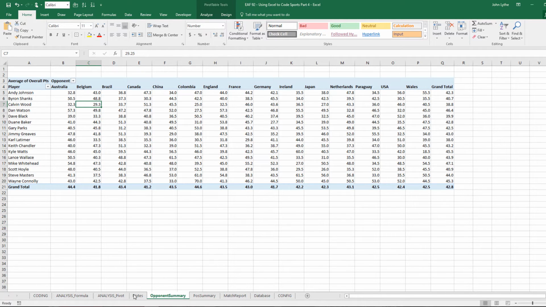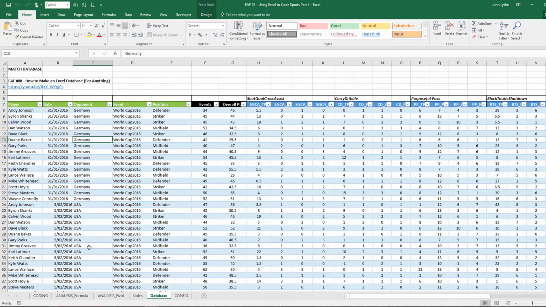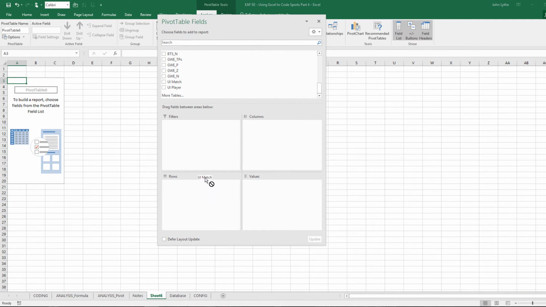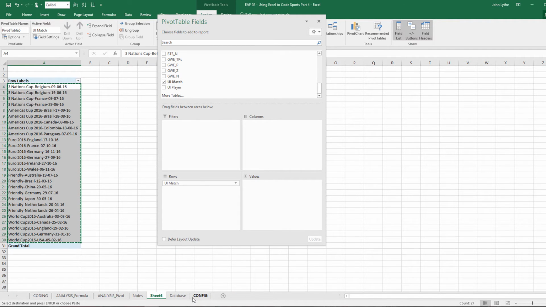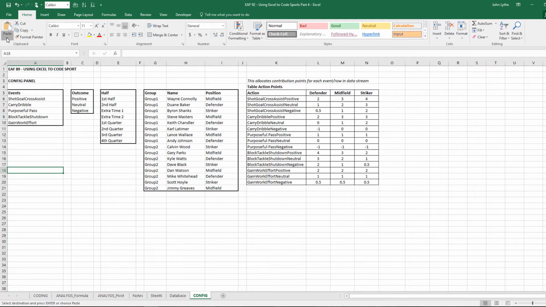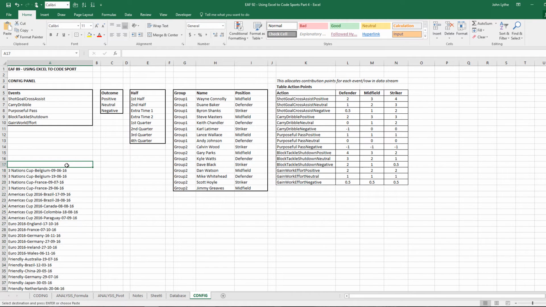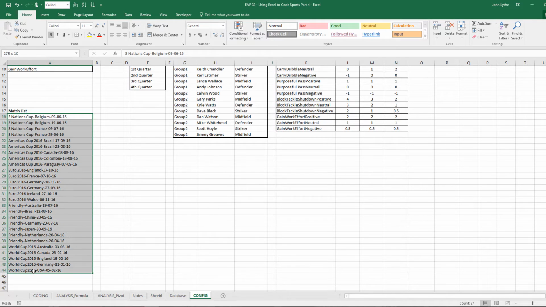And so I've just named these other pivot tables as well. But what I'm going to do is on all 3 of them I'm just going to choose hide, so that they're just out of view for now. And if I go to insert pivot table again to a new worksheet, I'm going to pull that into rows and copy that. In my config panel, I'm going to paste it just somewhere convenient, create a little list that we can do with a drop down box. So if I select all of that,